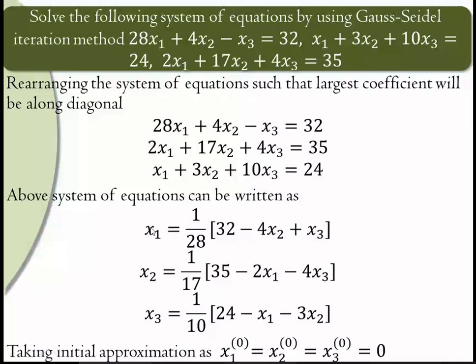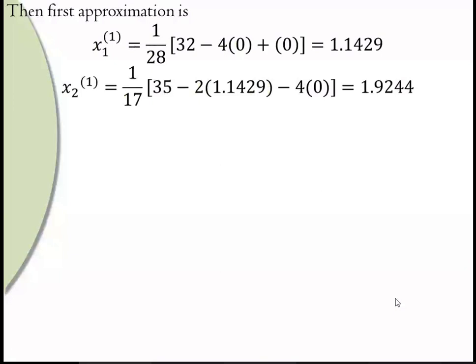Okay, so we'll do the substitution. In the first equation only, put zeros. So in the first iteration we'll be putting x2, x3 as 0. So we get this. Now, for finding x2, use this new x1. For Jacobi, we take 0 here also, but here we have to use the new value of x1. 35 minus 2x1 minus 4x3. So this new x1 you have to use. x3 we have not yet got, so take 0 only.